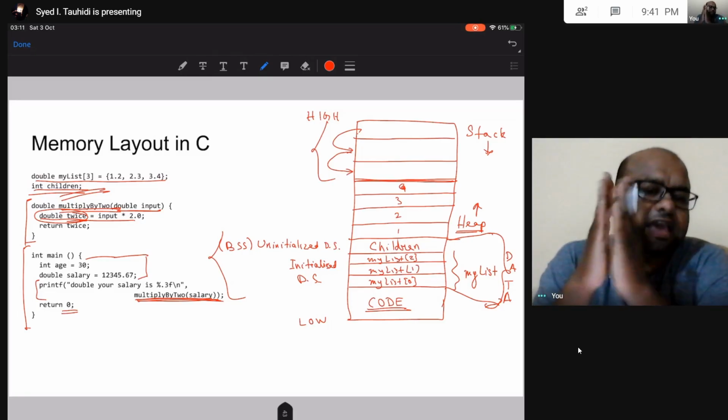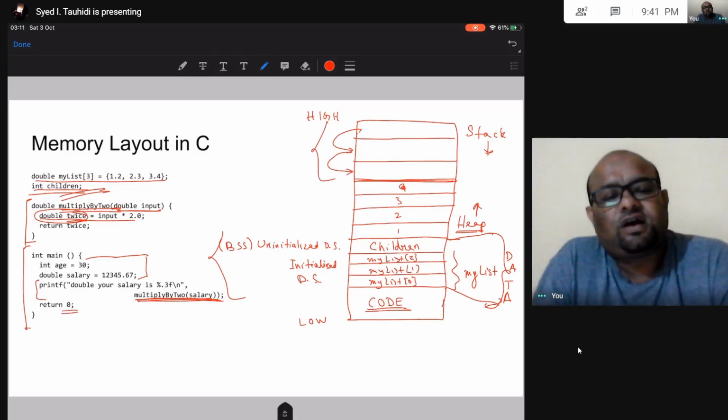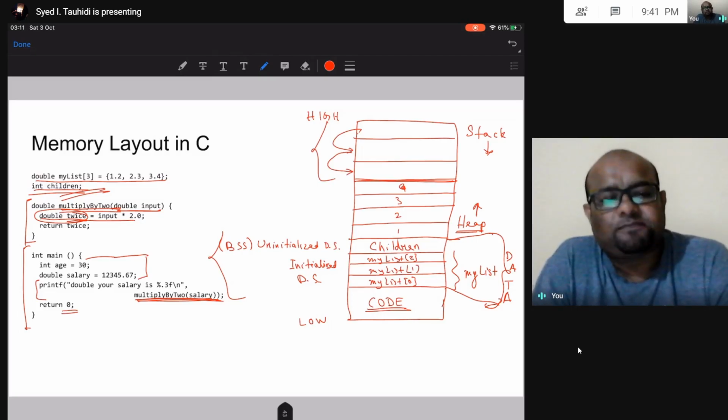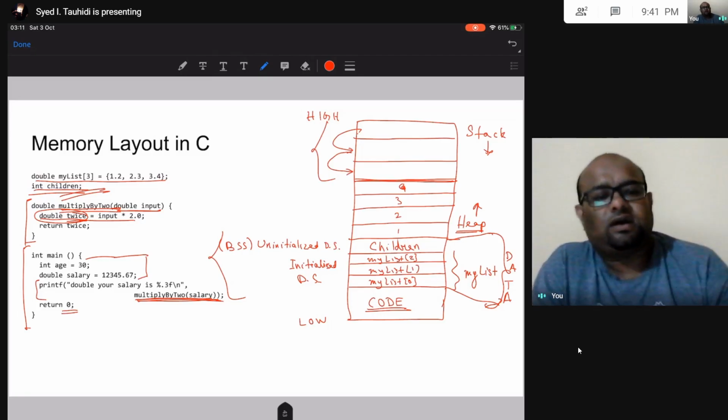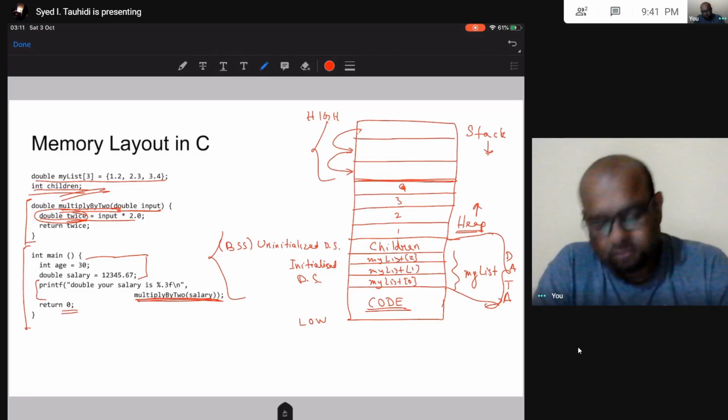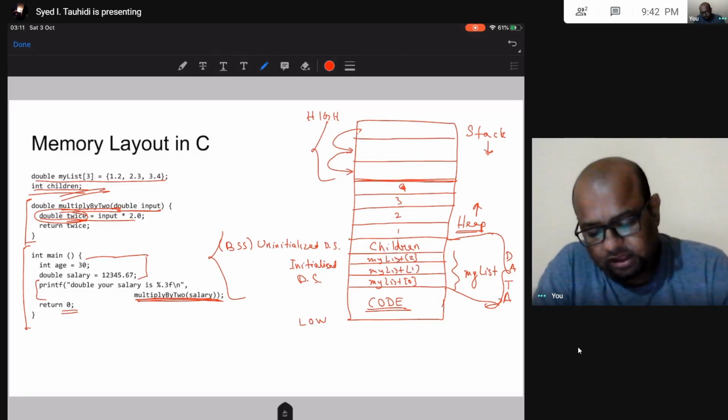There is no more gap in between. So now if I try to allocate space for one more variable, there is no space left in heap, right? So that is going to give rise to a problem. I am not going to get an error, I am going to get a null. So that's a problem with heap.